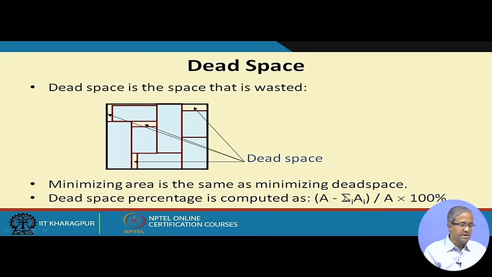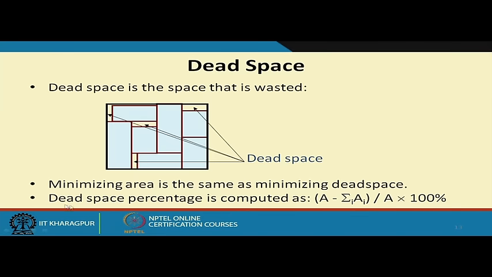So, you take the sum total of the areas of the blocks. If you subtract that from A, you get the area of the so called unoccupied space, which is sometimes called dead space. So, that divided by A, if you calculate the percentage, sometimes we call it dead space